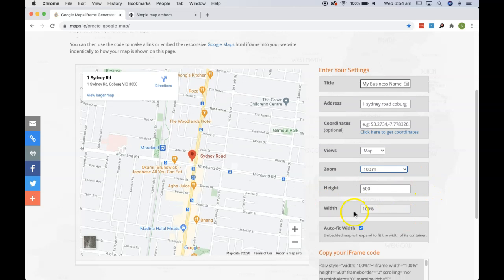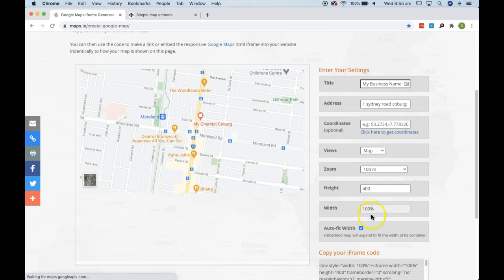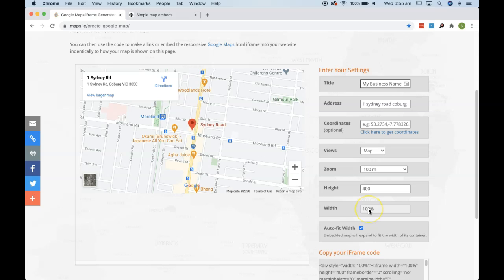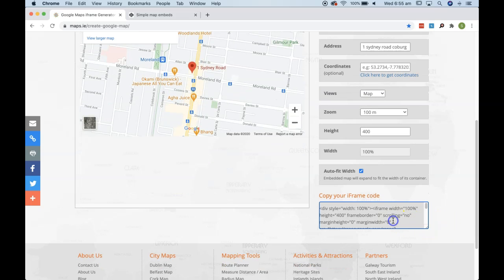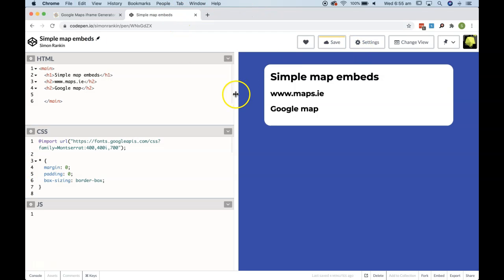Now, when we output the iframe code here, we can select a height and a width. We'll keep it at 100% width, but we'll maybe make this a little bit shallower. So that means it's going to conform to whatever width you position this iframe within, but it will give it a height of 400. So down here's our code, and I'm just going to select that and copy that into the clipboard and head back over to my CodePen here,